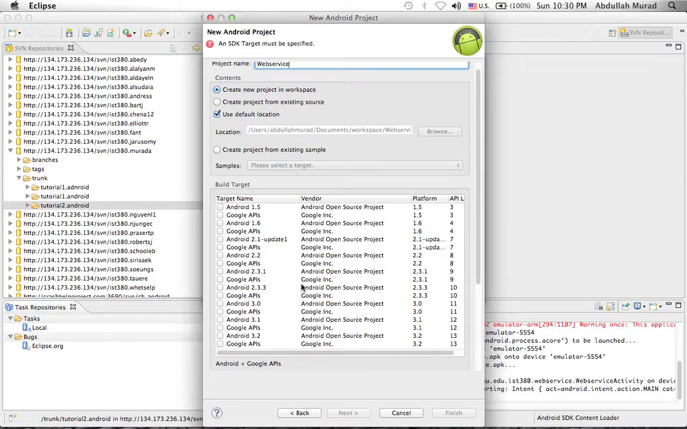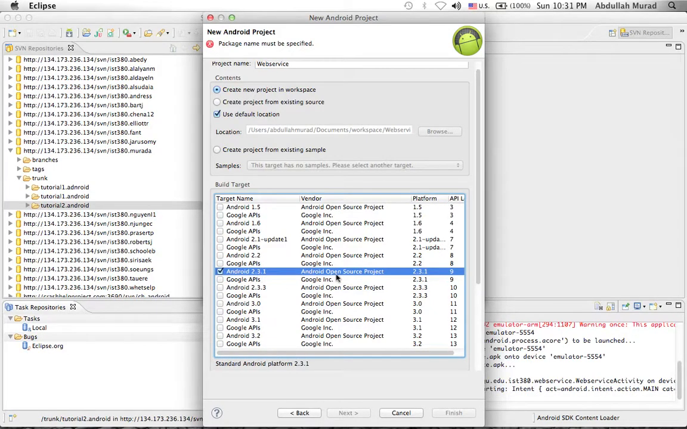And you will notice if you are using a new version of Eclipse, mine is a little bit older, you will notice that you don't have these options here. The build target, you don't have it. You will have it in the next screen. So just click next for you guys. But for me, I'm gonna choose Android 2.3.1, this one here. And for you, it will be in the next screen. Then scroll down,